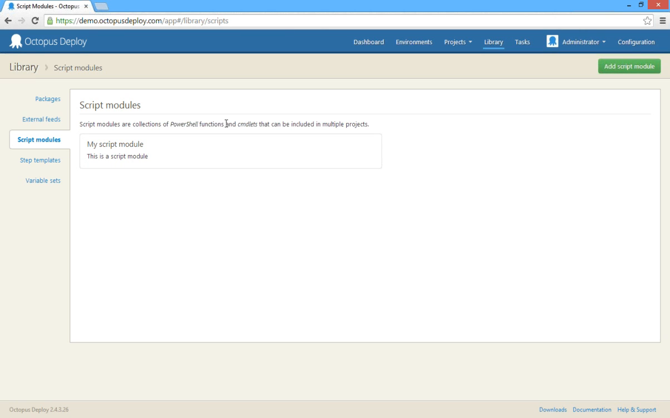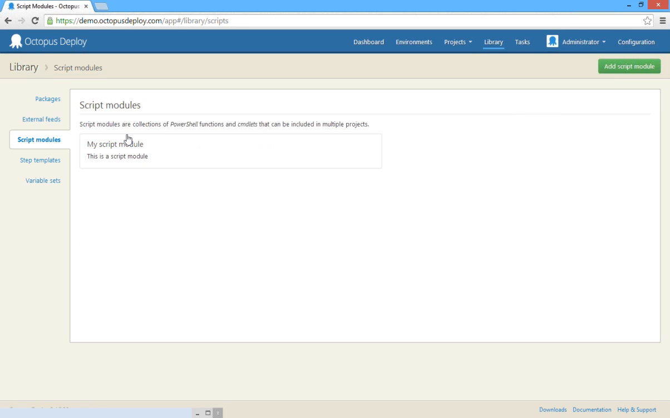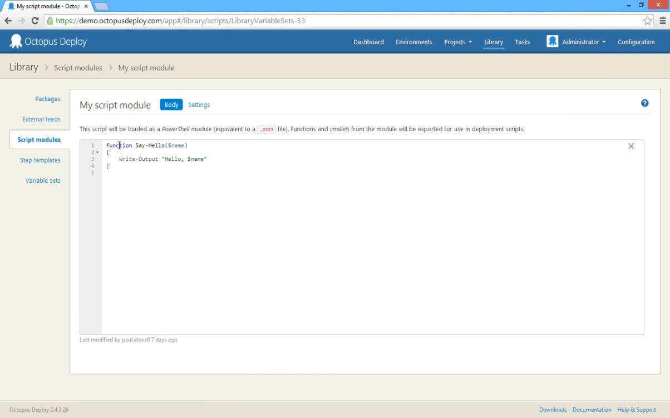So the idea of script modules is they're basically PSM1 files. For those familiar with PowerShell, I'll go into one that I added before, where you define functions that can take any kinds of arguments. Any valid PowerShell can go here. And all those functions will be available on the tentacle when you reference them for you to invoke